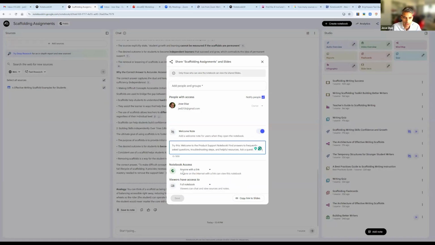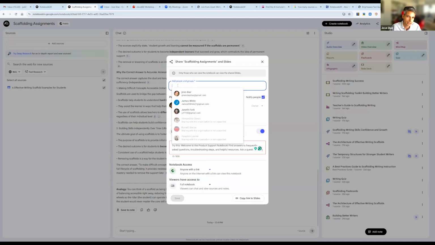Then at the bottom, you can say anyone with the link can access, or you can say restricted, right? If you do restricted, you can individually add the students' Gmail addresses. And this is what we talked about in part 1. You have to be very careful because we can assume that everyone has a Gmail account, but that's not true, right? So maybe ask your class to make sure that everyone has a Gmail account, because otherwise they won't be able to participate.